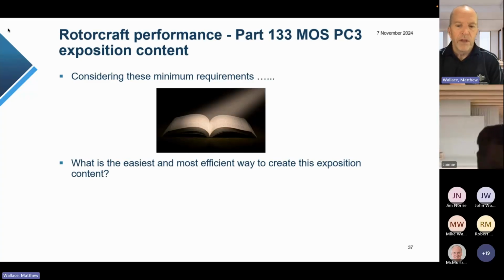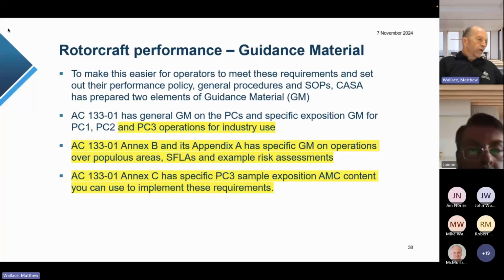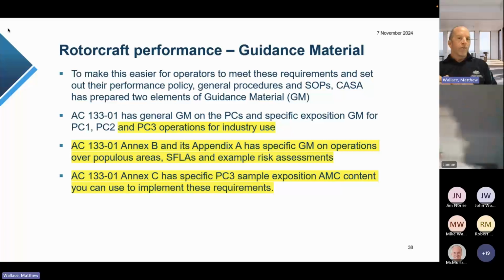All right, and then the easiest and most efficient way to create the exposition content. So we have the guidance material. I'll just grab that there. It's AC 133-01 version 4.0, performance class operations. And everything from section 8 onwards is all about PC3. That information is really designed so you can lift it and drop it straight into the relevant sections